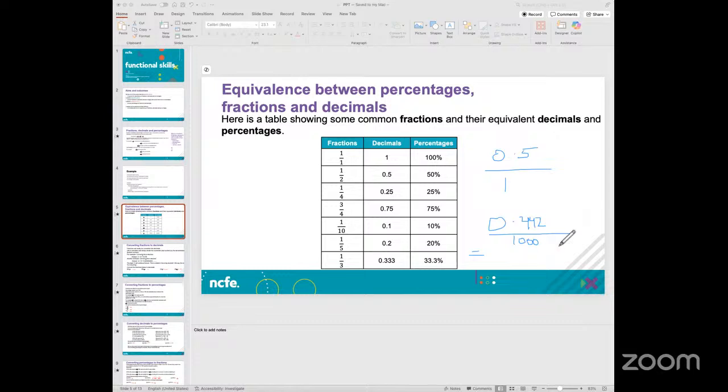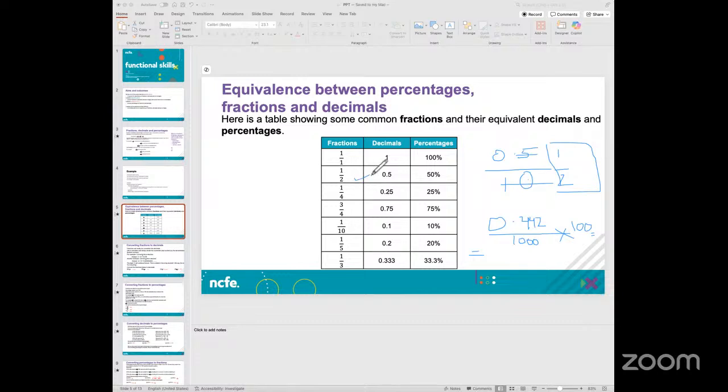Right? So in such cases, if you have to express this number as a percentage, it is always 100%. So you multiply this by 100%, and that will give you this number expressed as a percentage. That is what has been done in the table here. So here the example is 0.5. If I have to represent it as a fraction, I put 1 for the dot and there's one decimal after the dot, so it will be 10. Now if I simplify this fraction, 5 times 1 is 5, 5 times 2 is 10. So this number 0.5 can also be expressed as 1 by 2, as you can see given here.